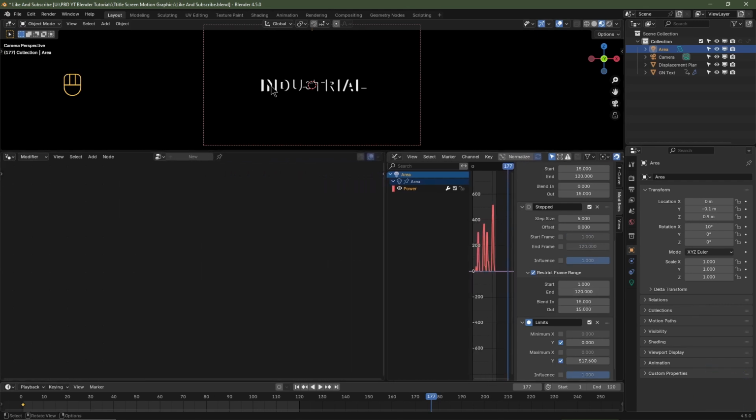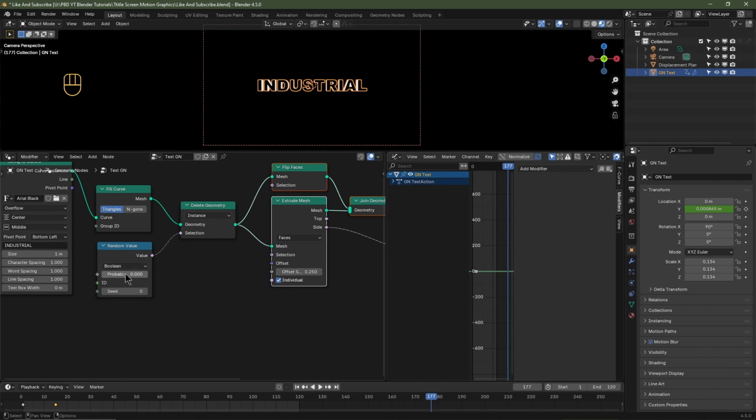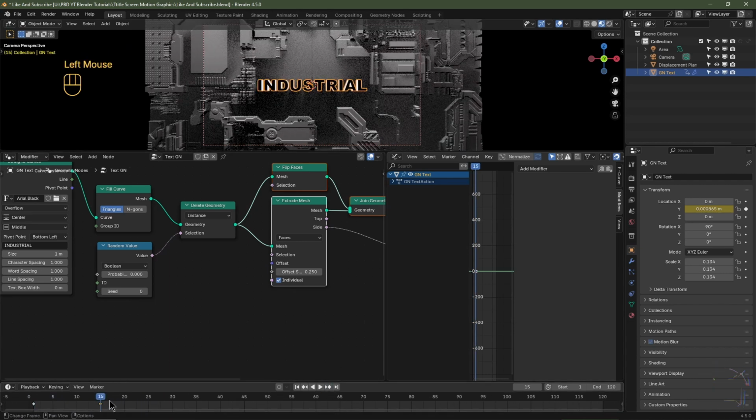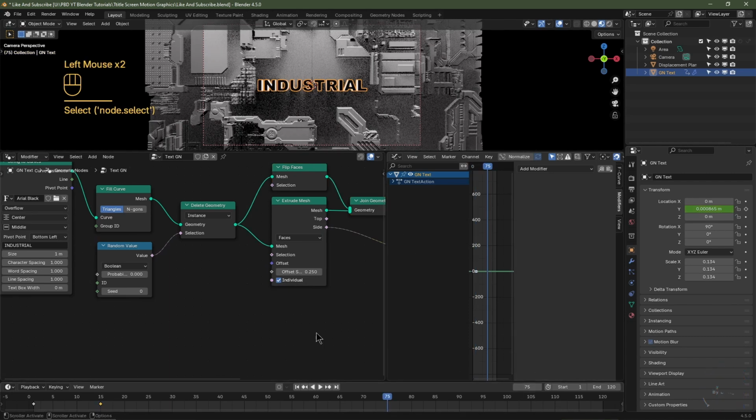I'm going to select my text object, and now we just need to animate these values here. So I'm going to skip back to frame 1. So if the text is fully revealed on frame 15, which is half a second, maybe we should have the text remain stationary for a full 2 seconds before it flickers out, and that would take us to frame 75. So I'm going to move my cursor on my timeline to frame 75, and then in our geometry node window,